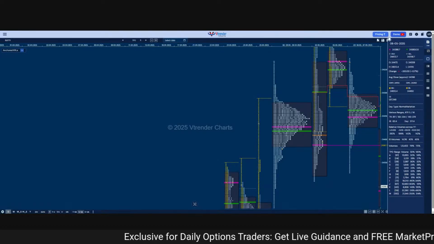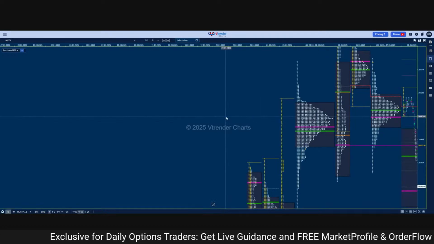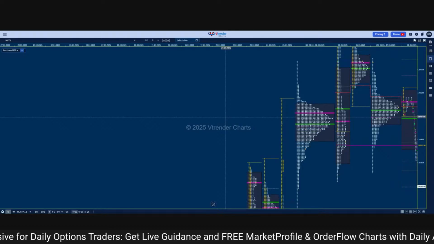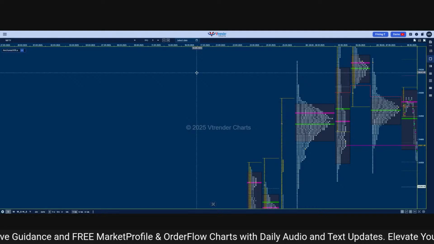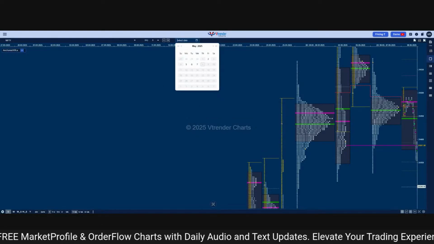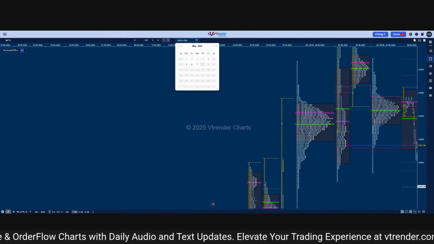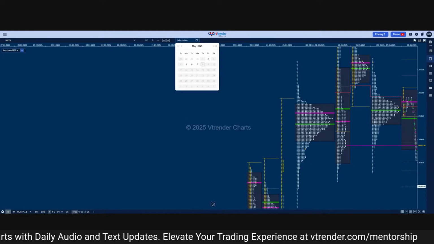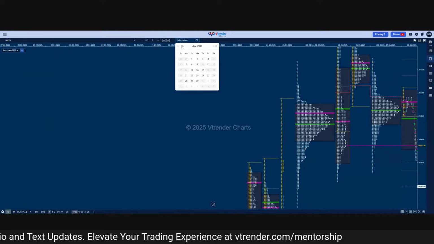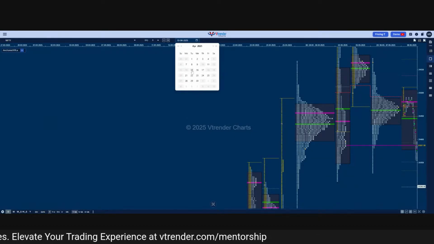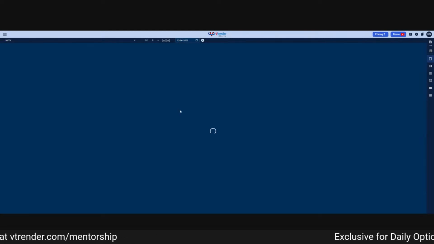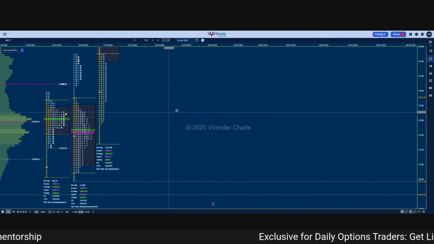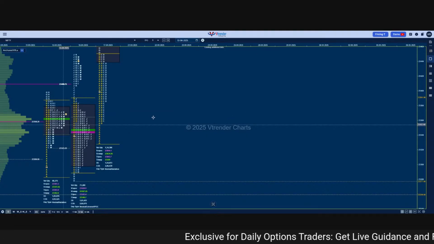So when was the last time we got this kind of a 2-day composite and got an imbalance? You can go back to 14th, 15th and 16th April. You have this option on the top where you can select the date and you can go back to any date. 16th was the day where we got that failed auction. So you can go back to that day and you can see these 2 days,